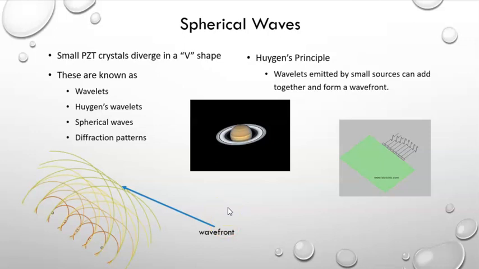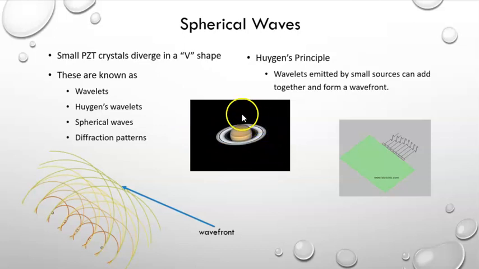However, when we look at them, it looks like a flat disk. And that is because the little pieces of ice reflect light from the sun, and they add together and look like solid disks. This is actually what Huygens studied when he came up with his